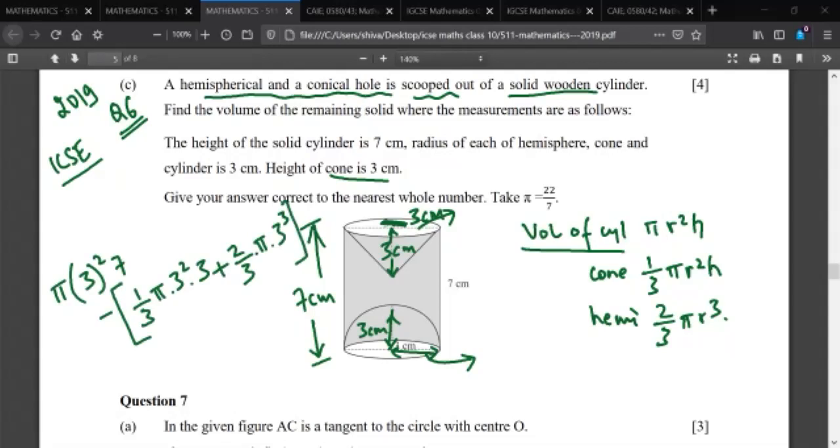As a matter of fact, if you see this closely, you should be simplifying this before going forward. So this will be pi 3 to the 9, 9 7 the 63, 63 pi minus. See, this 3 and this 3 will get cancelled. This will be 9 pi. Again here, this 3 will get cancelled with this. This will be 9 into 2, 18 pi.